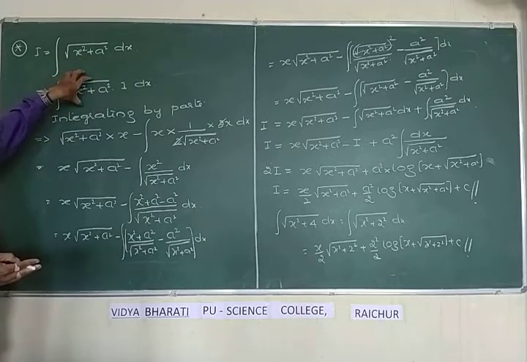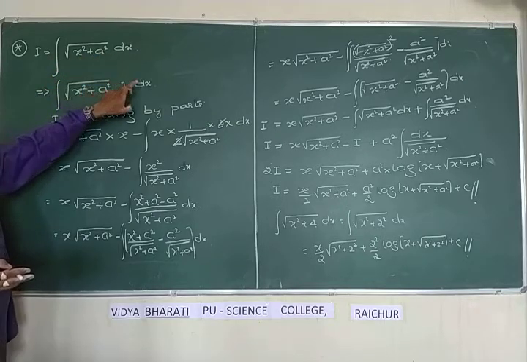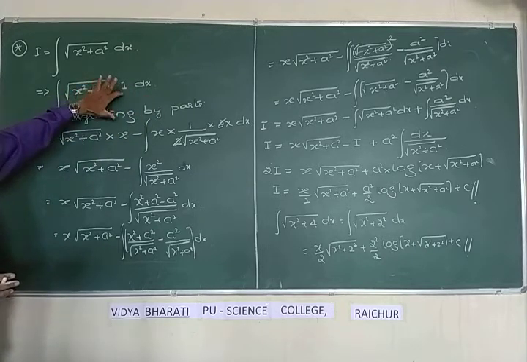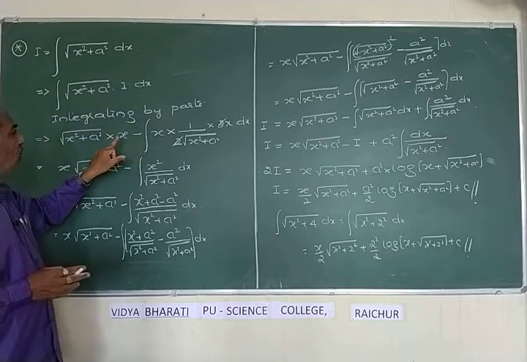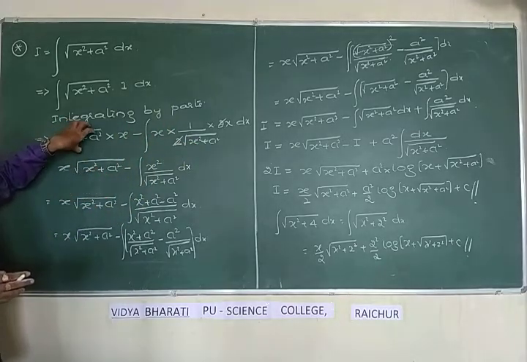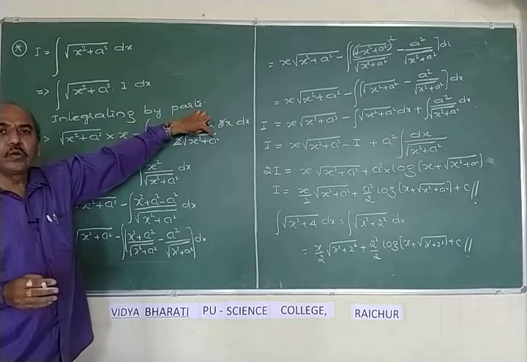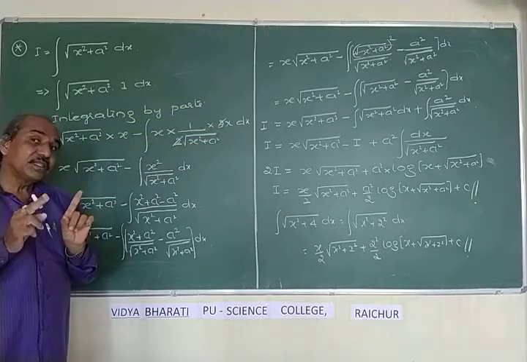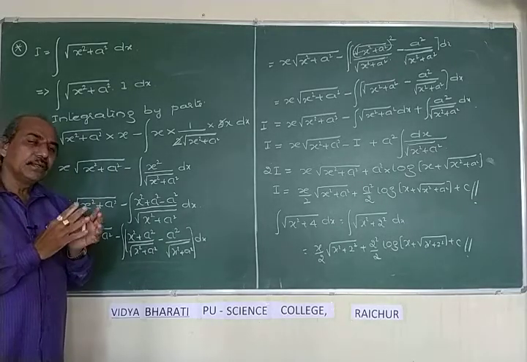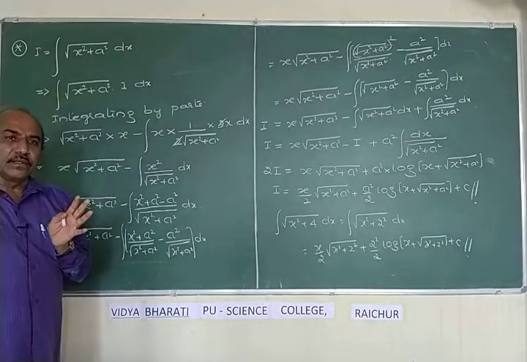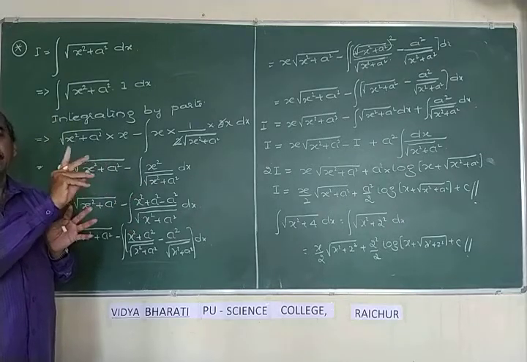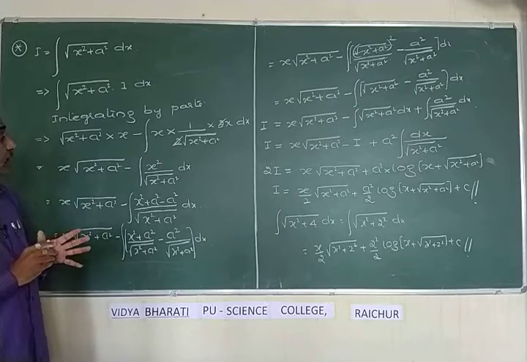Okay. First function, root of x square plus a square into 1 into dx, I can take. Integrating by parts, keep the first function as it is, integration of 1 is x, minus integral of the same thing you take under the integral sign, the differentiation of the first term. General formula: root x is 1 by 2 root x, so 1 by 2 into root of x square plus a square into, since it is a composite function, a function of a function. In all those standard integrals, instead of x if you find any other term, that is to be differentiated again, that you should remember. So that is what I did.